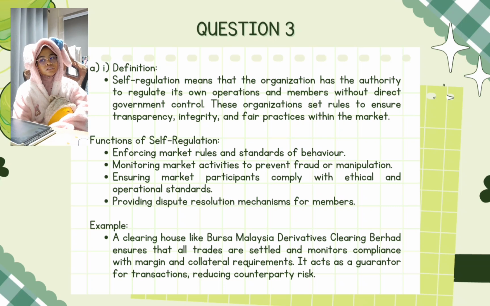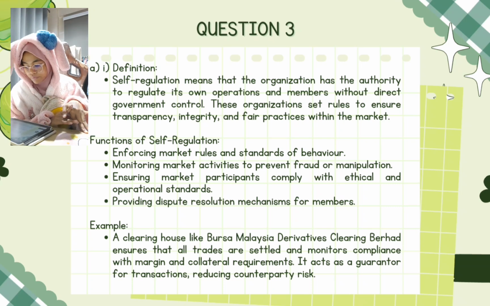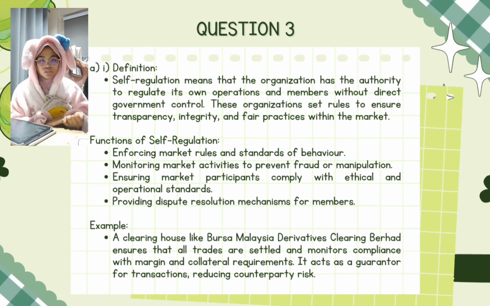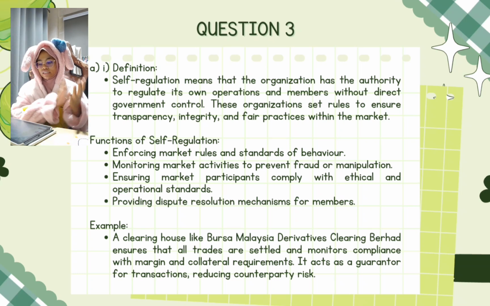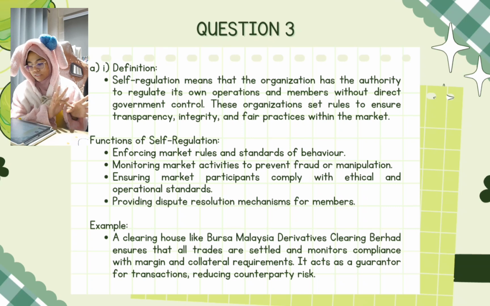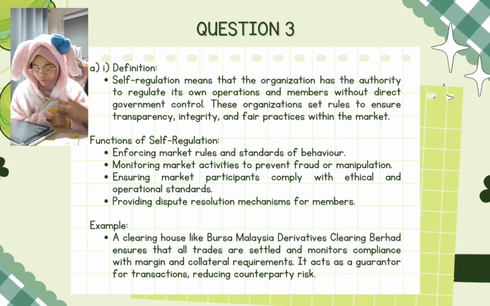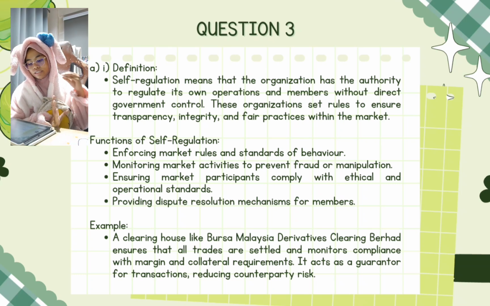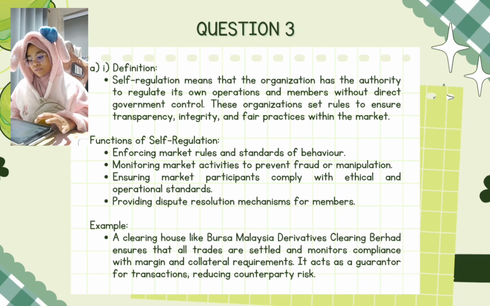So the functions of self-regulation are to enforce market rules and standards of behavior, monitor market activities to prevent fraud or manipulation, ensure market participants comply with ethical and operational standards, and provide dispute resolution mechanisms for members. So for example, a clearinghouse like Bursa Malaysia Derivatives Clearing Berhad ensures that all trades are settled and monitors compliance with margin and collateral requirements. It acts as a guarantor for transactions, which is going to reduce counterparty risk. So next